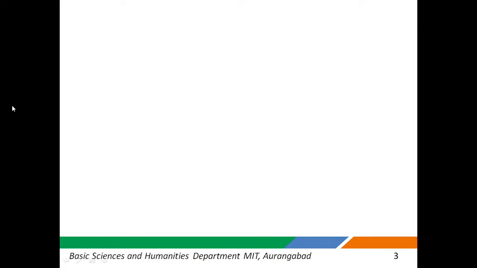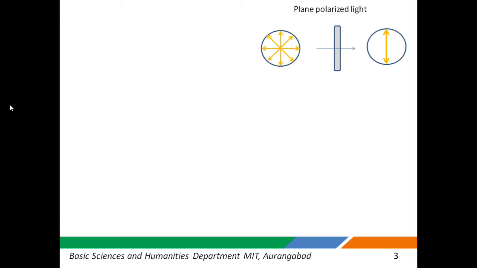To learn the Lorentz half-shade polarimeter, one should be able to define and use in context a few terms. So let us quickly recall these concepts. The first term that is needed is plane polarized light. We can see in this diagram, on this side we have unpolarized light and on this side we have polarized light, and the unpolarized light is converted into polarized light by something that we call a polarizer.